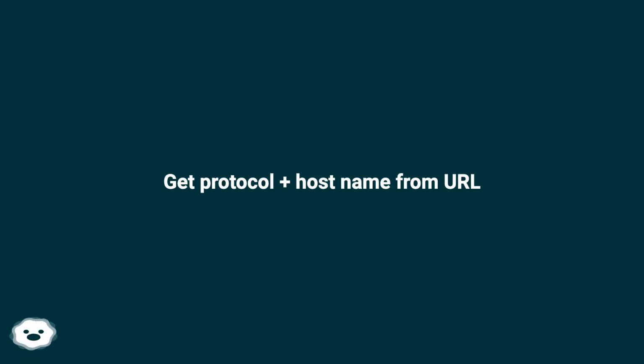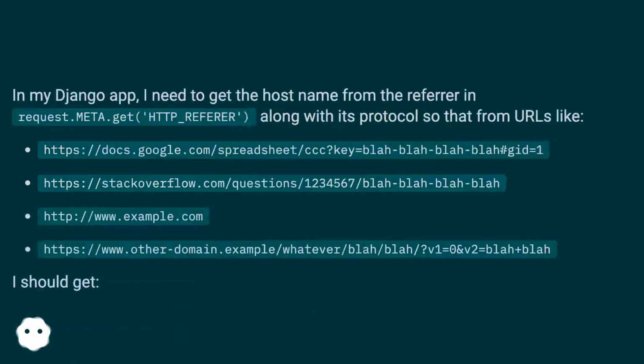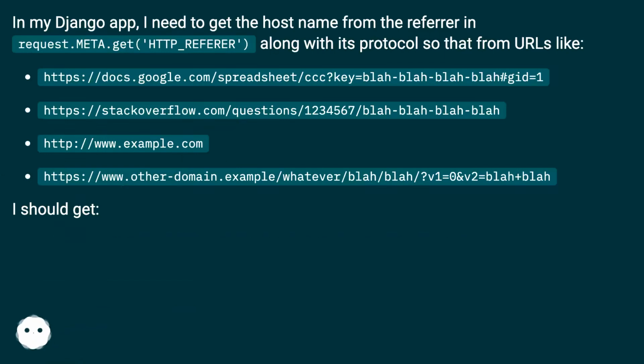Get protocol plus hostname from URL. In my Django app, I need to get the hostname from the referrer in request.META.get('HTTP_REFERER'), along with its protocol